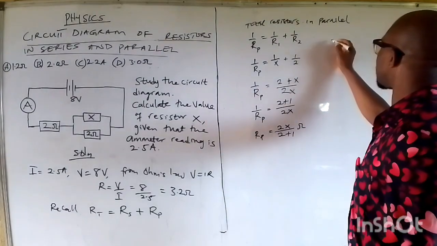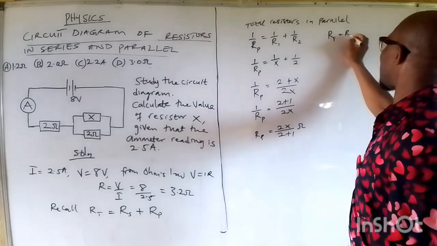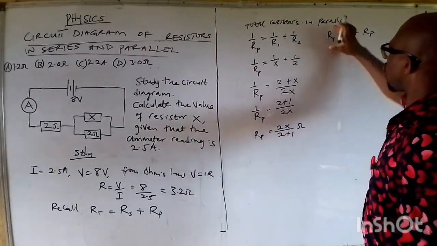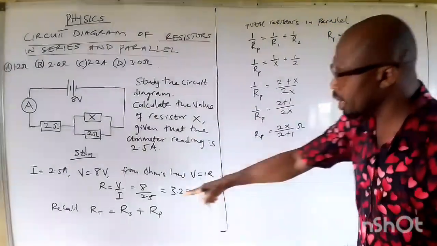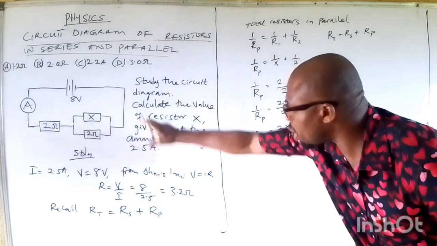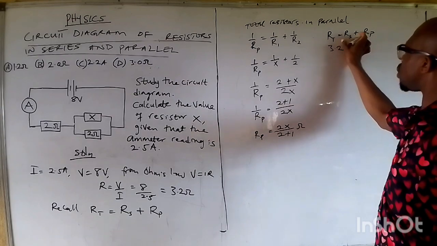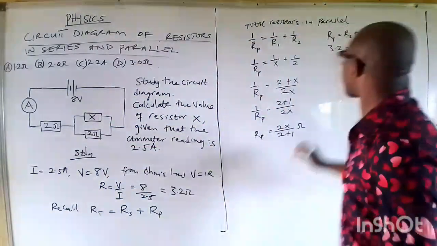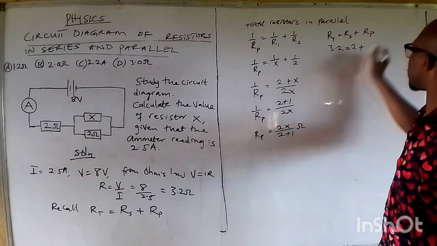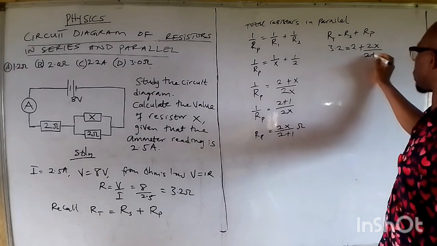We now have that total resistor is R in series plus R in parallel. So we can now bring in these values. Total resistor which flows in the circuit from the two variables is 3.2. So 3.2 is equal to resistor in series, 2, plus resistors in parallel. Of course, resistors in parallel is 2X all over 2 plus